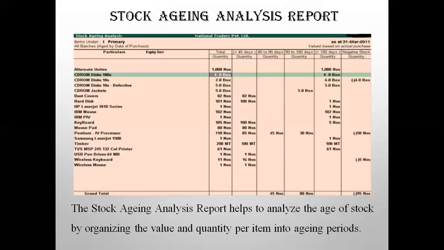This was about some of the inventory reports. There are many others which give you more or less the same information in detail. These are the 5 important ones which give you a clear summary or picture of the inventory. You can print all these reports. There is a print option. You can print the reports for detailed analysis and to make quick decisions.